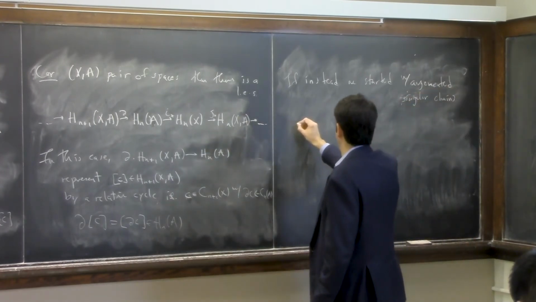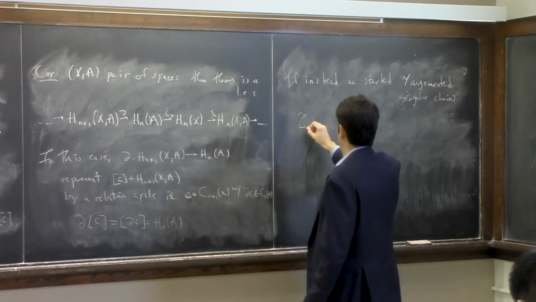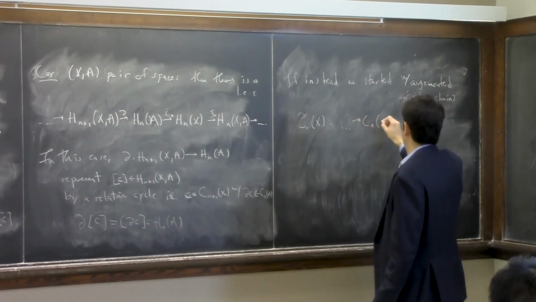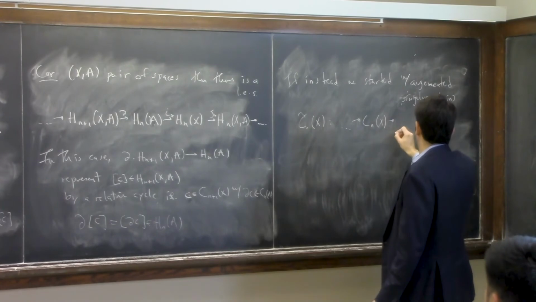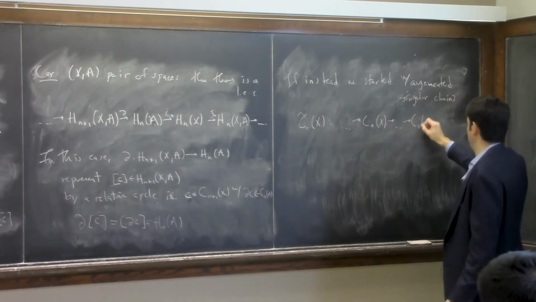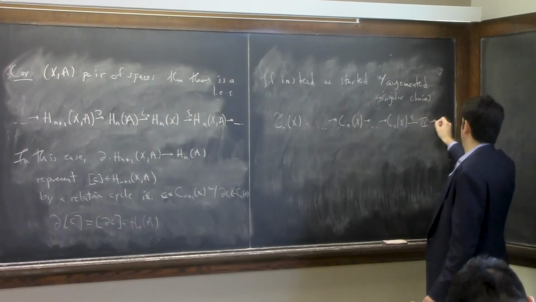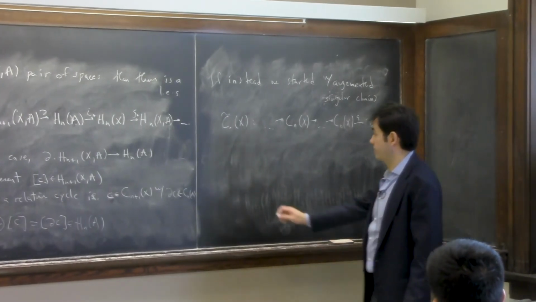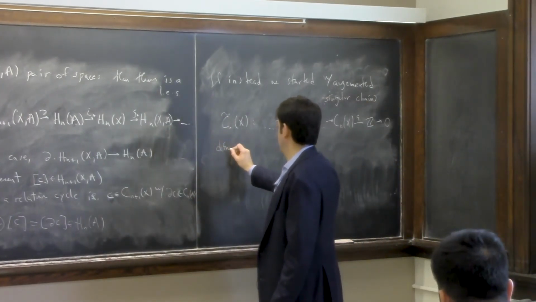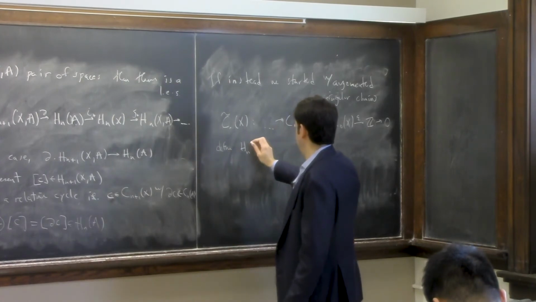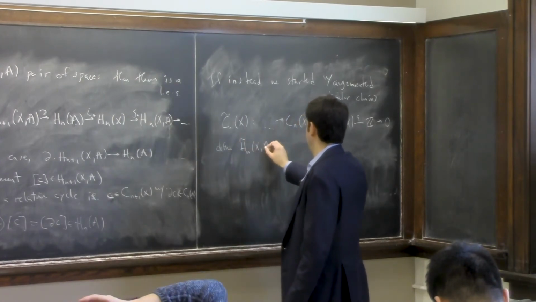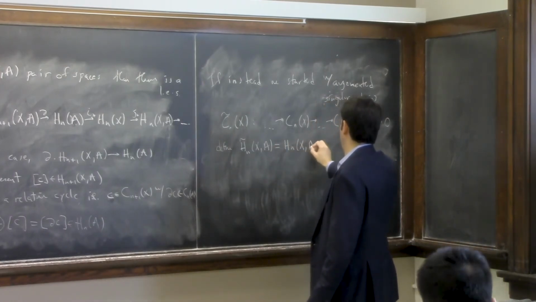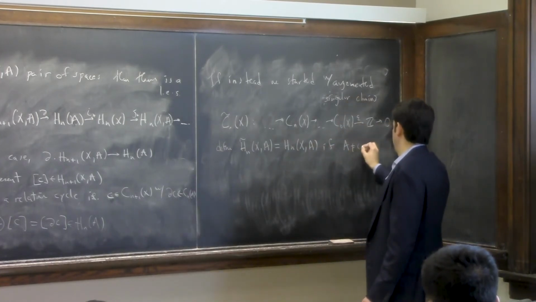All right, so we were writing these as C tilde of X, so you had the usual chain spaces, but when you got to 0, then you augment, and you have a copy of Z. And then 0. So if we define H_n tilde of a pair equal to this, if A is not empty,